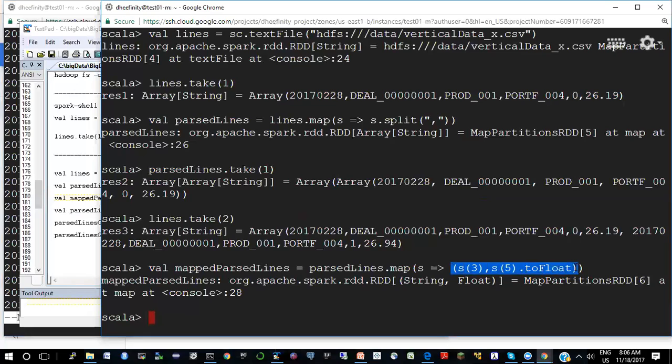I think it is the sixth column, right, Kumar? The fifth column is 0. Well, the index starts from 0. So 0, 1, 2, that is 3, 4, 5. Oh, okay. Right. So if I say map